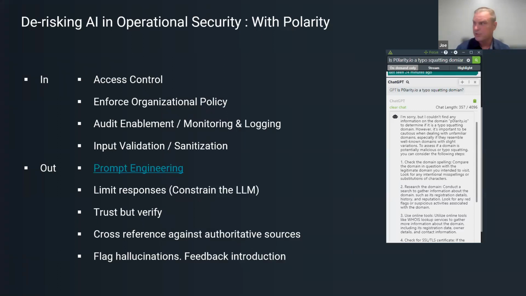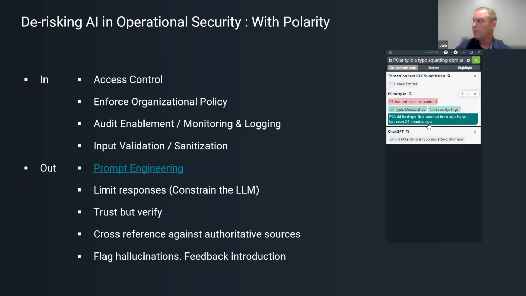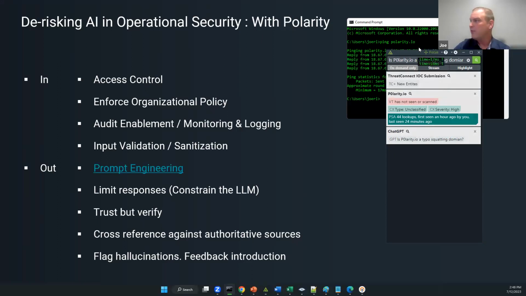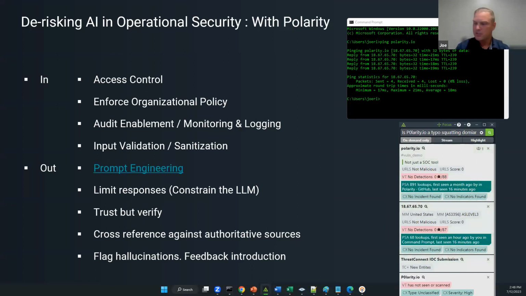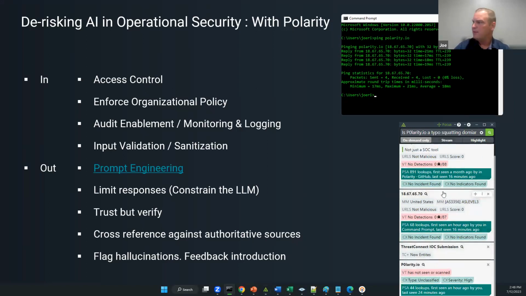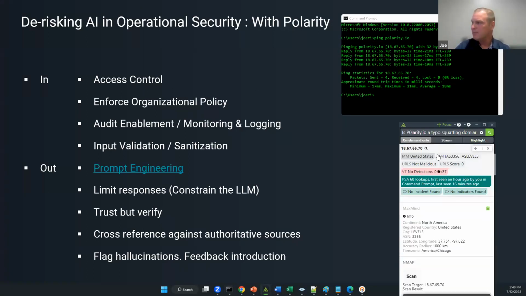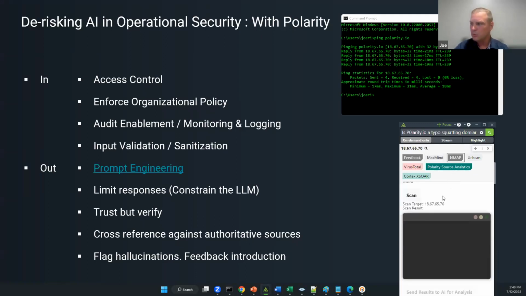And then input validation. So we definitely want to make sure that we're doing our part to make sure that things aren't going to the platforms where we don't want them. And to show that, I've actually got an example of command prompt here. If anybody caught Paul Batista's social post the other day, he actually still gets his hand dirty with code. Paul's our CEO. And you'll see here, I used what we call Polarity focus mode to do some analysis just on this live command prompt. And the IP that got translated from our DNS name is identified right here. And he built this really cool Nmap scan integration, which is going through QA right now and should be released to our user base pretty soon.